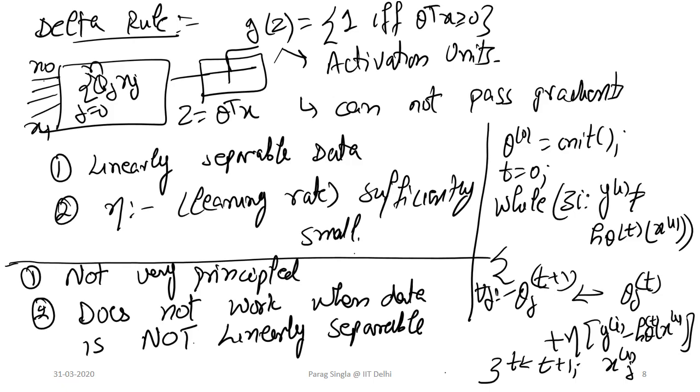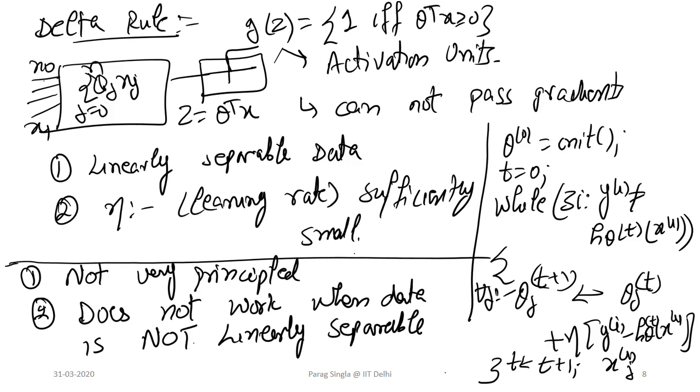One is that the data should be linearly separable, and the other is more algorithmic: eta, the learning rate, is sufficiently small. I'll describe what this learning rate is. If this is the case, then we can actually